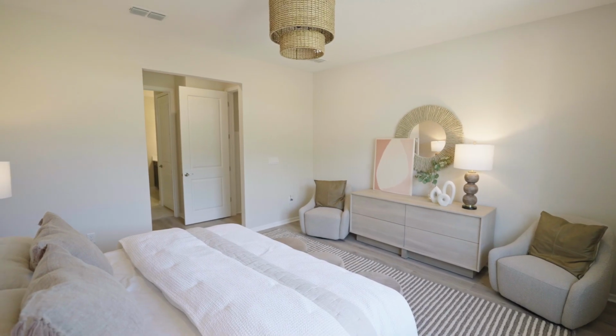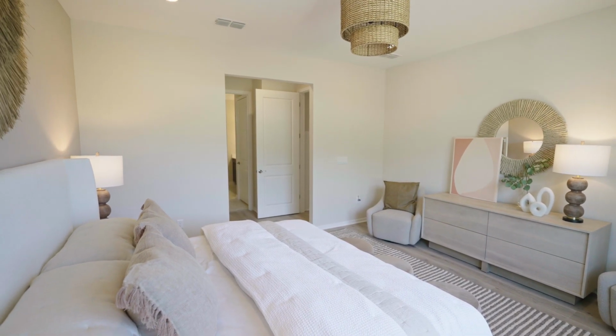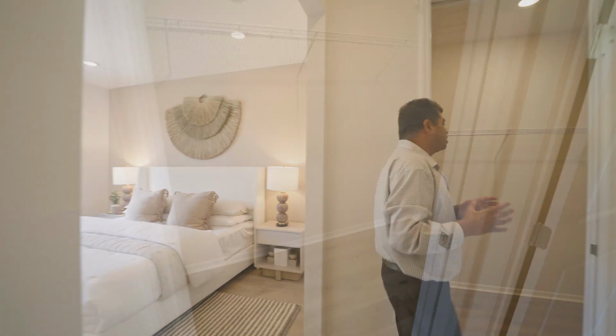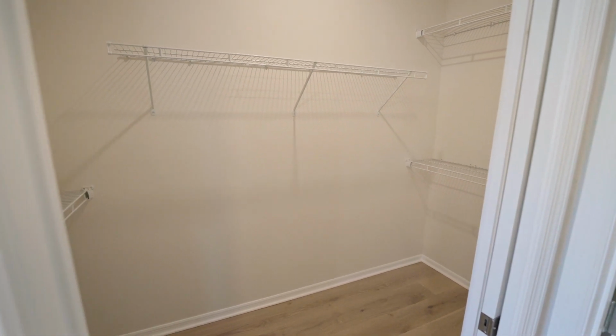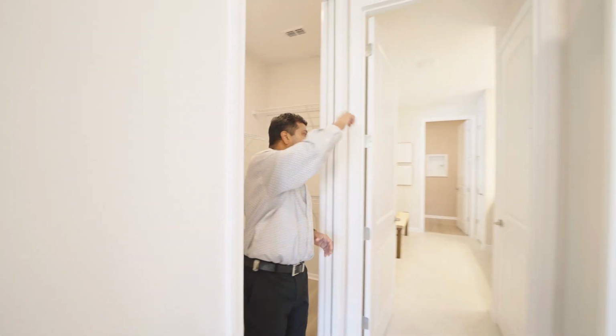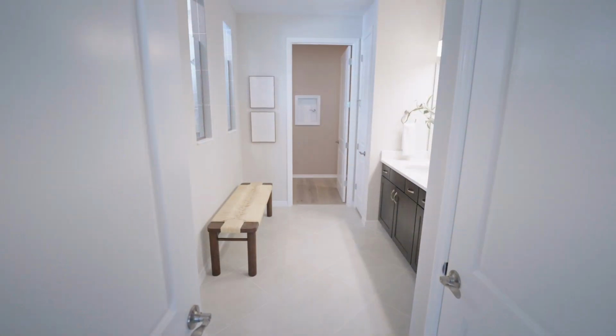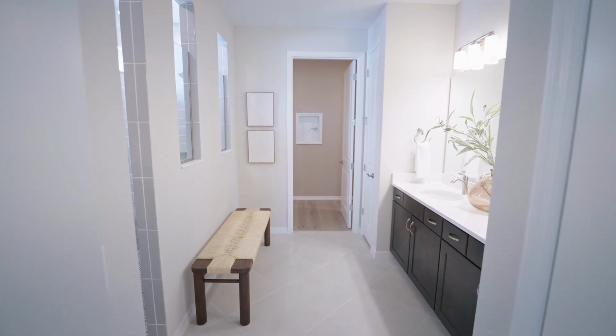It's giving you so much light. It's really nice and bright. And the other thing which is very unique to this specific model is that you have the 2 closets. You have a closet over here. And I personally like this because you have a closet space right there, and then the other closet space is all the way at the back. Let me go ahead and point that out in just a minute, but over there is your other closet,